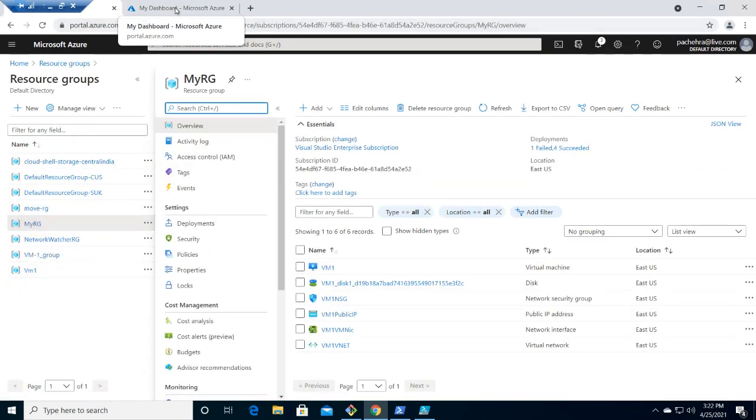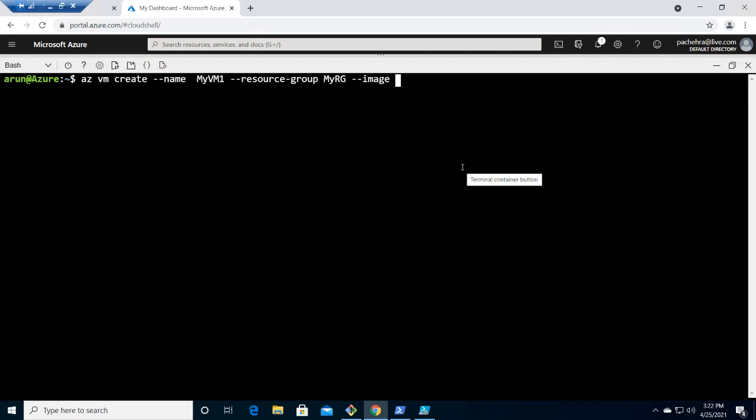But if you have to create it, use the same helping command that I showed you at the beginning, az group --help. You would encounter commands like create: az group create, give the name, give the location, and you'll be good to go. So for the image, let's create Debian.